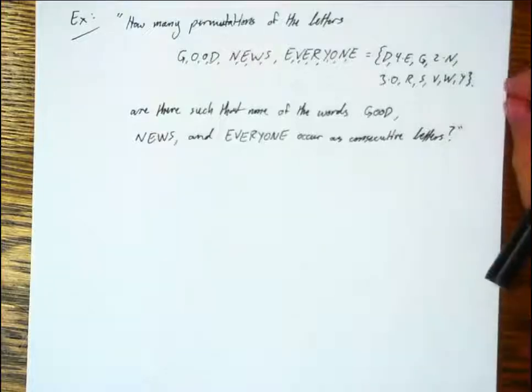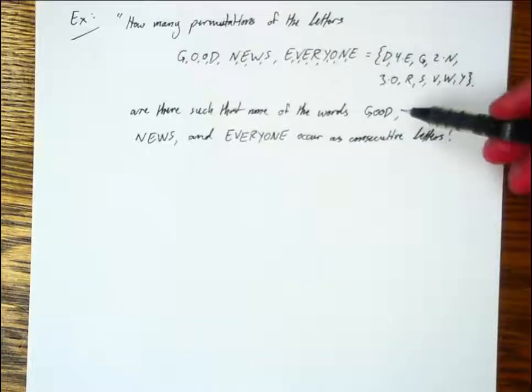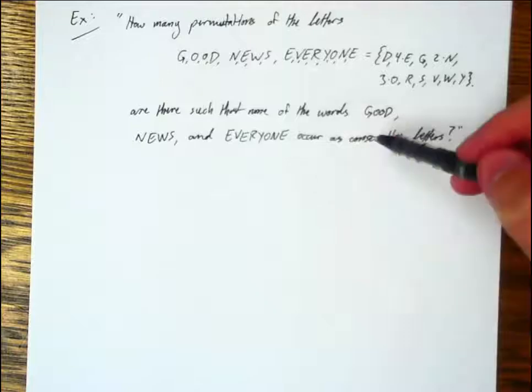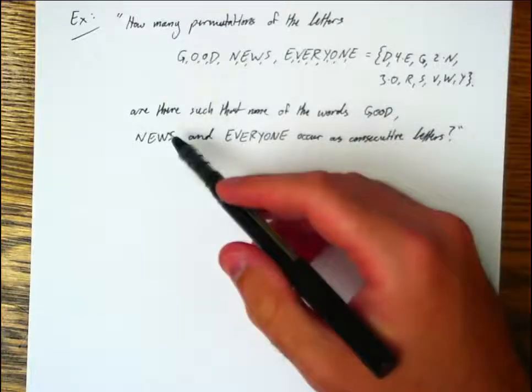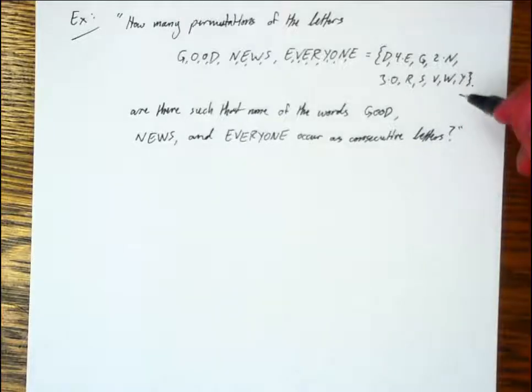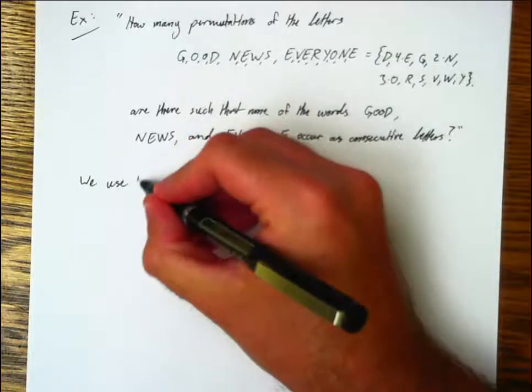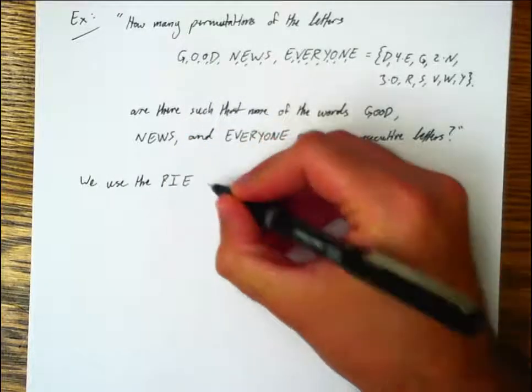All right, so this seems pretty darn hopeless. So if I want to make sure that none of them show up, it's actually not that hard to count how many ways there are for exactly these combinations of letters to show up. Either the good, the news, or the everyone. I can just go ahead and treat all of them as one glued chunk and then count the permutations of the leftover pieces. So let's use the principle of inclusion exclusion to do this. So that's PIE